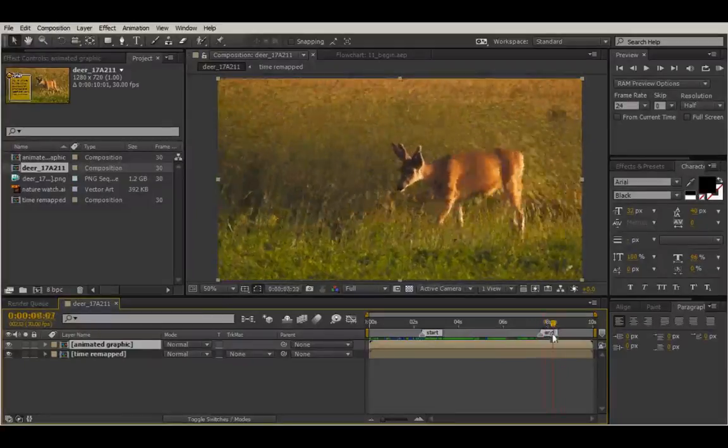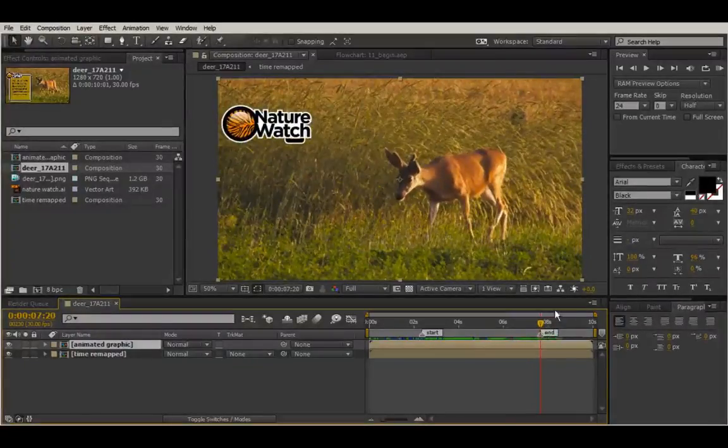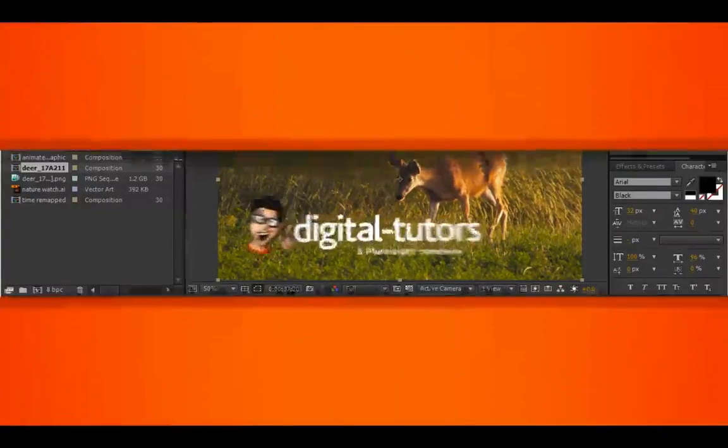So with that, go ahead and stick around. In our next lesson, we'll be creating the 3D camera tracker for our